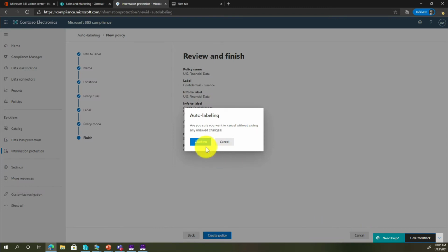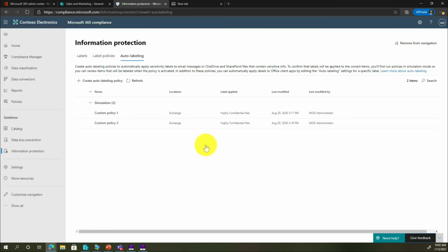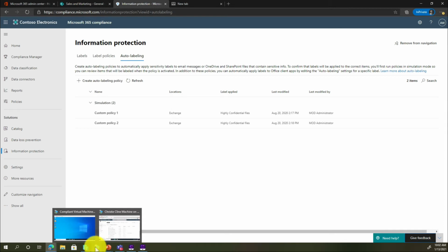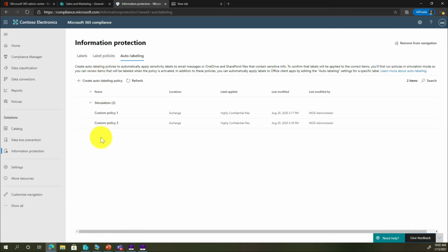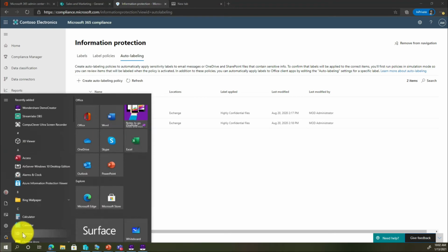So all of that labeling, all that work you did is done. So you create a label and then you auto label. Both those parts work in tandem together to give you that information protection that you want. So let's take a look at this in more detail. Let's take a look at a live example, okay?